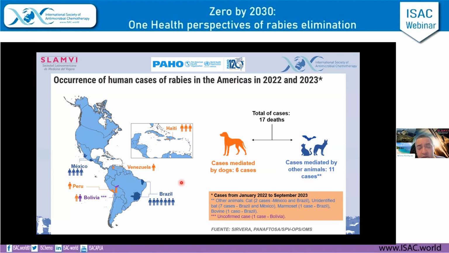Right now, as has also been discussed in the Rabies in the Americas Conference, it's important to highlight which countries in the region still have cases of rabies transmitted by dogs, including Haiti, Venezuela, Brazil, Bolivia, Mexico, and even Peru, which a few weeks ago reported not only a case, but an important fatal case. You may see that between 2022 and this year, 70 deaths have been associated with confirmed cases of human rabies in the region.